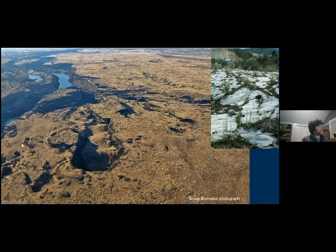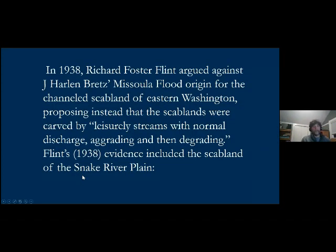So this is classic scabland, which actually factors into the Missoula flood debate because, as many of you know, Bretz really had a hard time convincing the masses of the fact that there were these huge glacial floods. And one of his chief nemeses was Richard Foster Flint, a pretty renowned geologist at Yale. And so he had some cred, so to speak, and he kept pushing back on Bretz's flood hypothesis. Well, one of his lines of evidence was this scabland near Twin Falls. So in 1938,